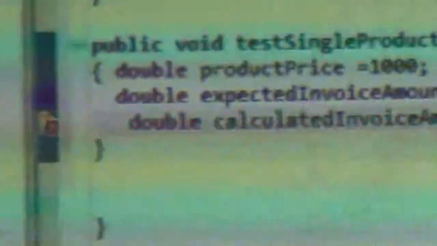Okay. Still again we are at a failing test because it's not compiling. So let's make it pass. How? In Java you can just click right and it will create a function. So we got a function created in the invoice class. So we don't worry about that. Good. Now I need to compare it.